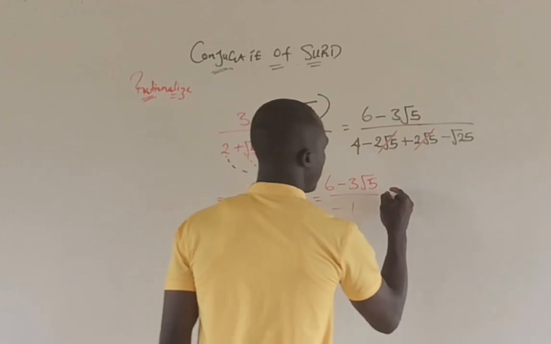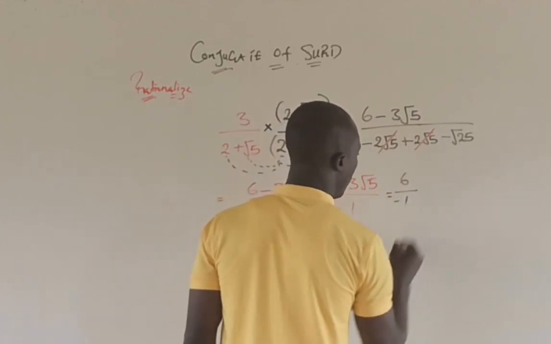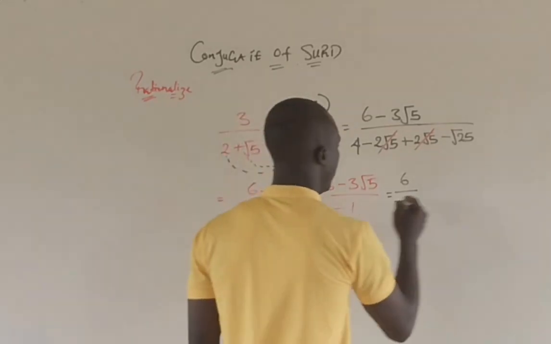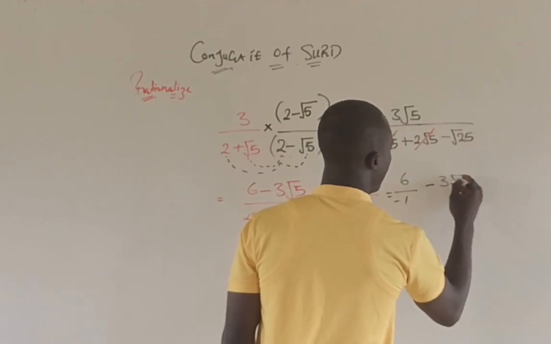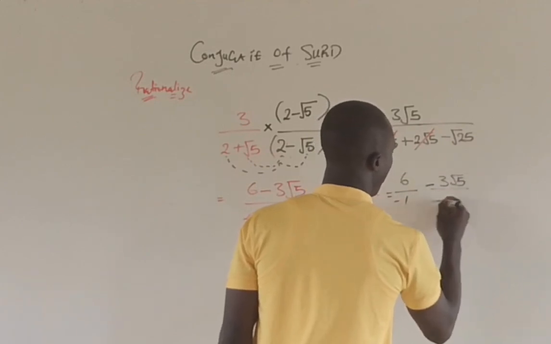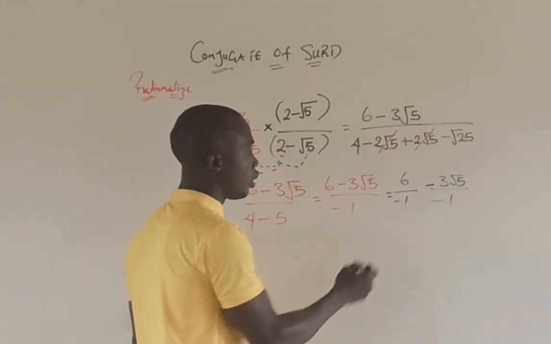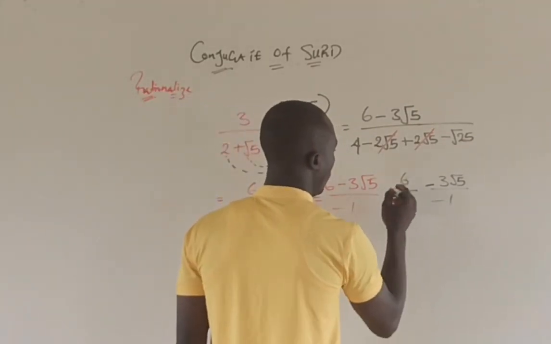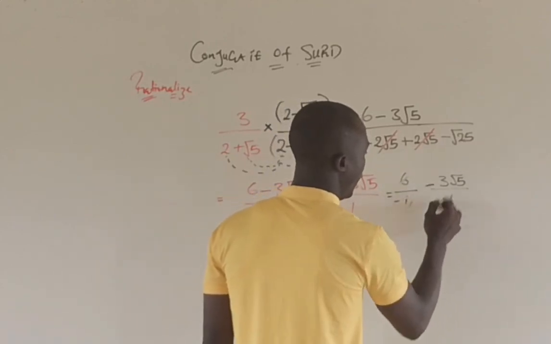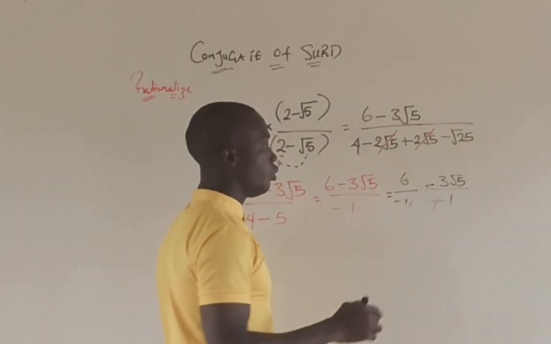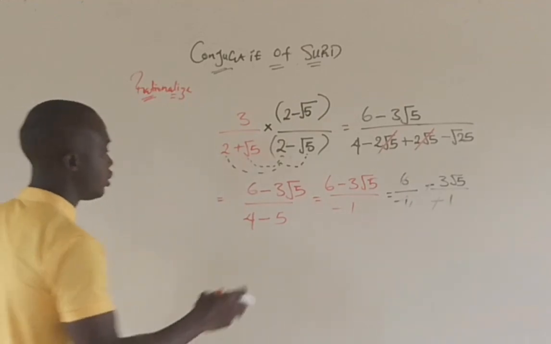So what we do here is this. You say equal to 6 divided by minus 1, then minus 3 root 5 divided by minus 1. We have been able to share it. So 1 here, 1 here, we have minus 6 here. And then minus will cancel minus. We are left with plus. So definitely our answer is